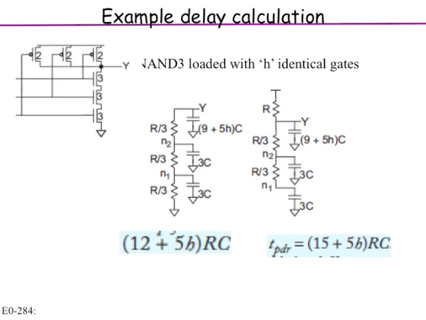Okay, so the question is, why is the resistance in the pull-up network of the PMOS not R by 2 and R? In the textbook and in this course, we will assume that the PMOS has twice the resistance of the NMOS of the same size. We take a unit transistor which has a size 1 for an NMOS, and we say let its resistance be R and capacitance be C. All these units are in terms of multiples of that. So a PMOS of size 1 will have a resistance of 2R, because the mobility is half. A PMOS of size 2 will have half the resistance, so that resistance is R.